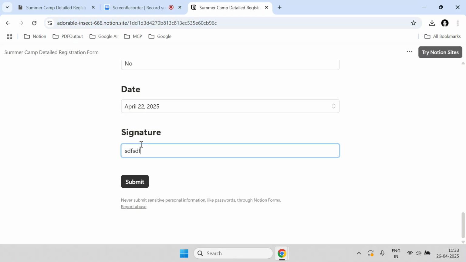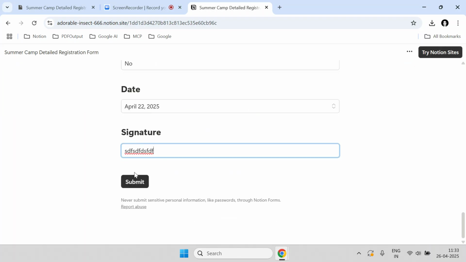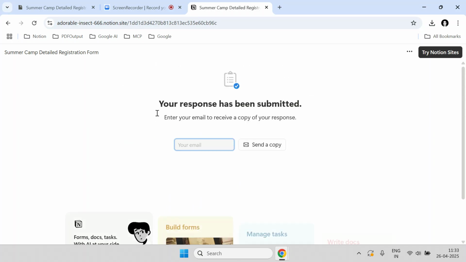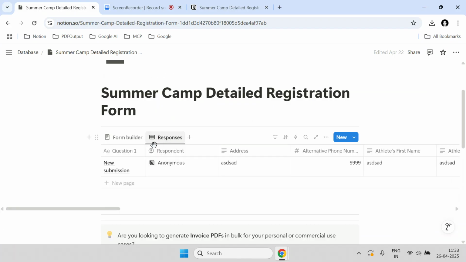As you can see, I have filled in all the details from start to end in this form, and then I'm going to click on submit. As I do that, you will be able to see that the form response has been submitted. Now if you go to the summer camp responses view, you will be able to see the response being